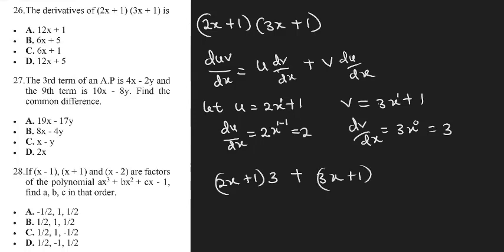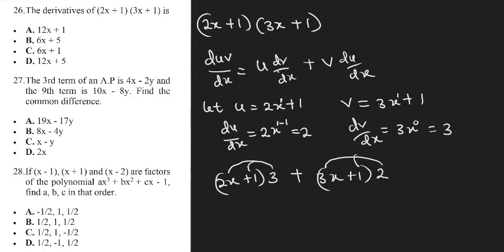Then we have du dx. Our du dx is this, which is 2. So multiply by 2. So let's open it up. It will be this one multiply by this and multiply by this. Then this 2 multiply by this and multiply by this. So this is